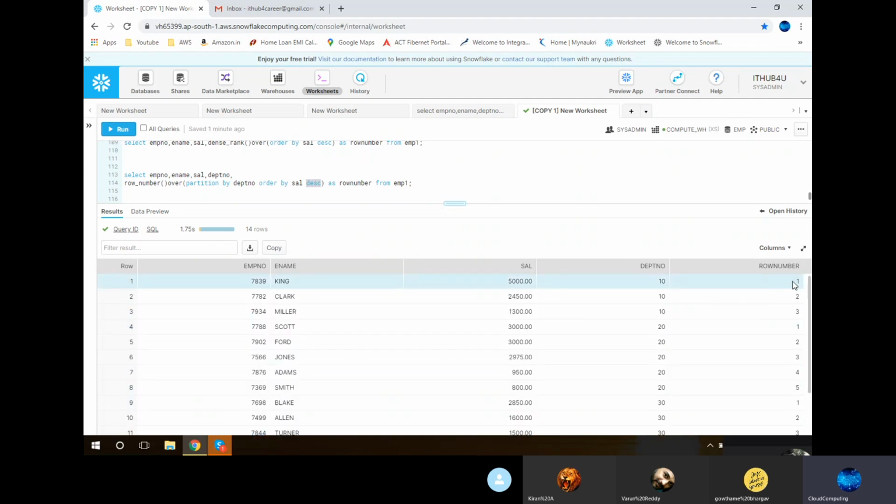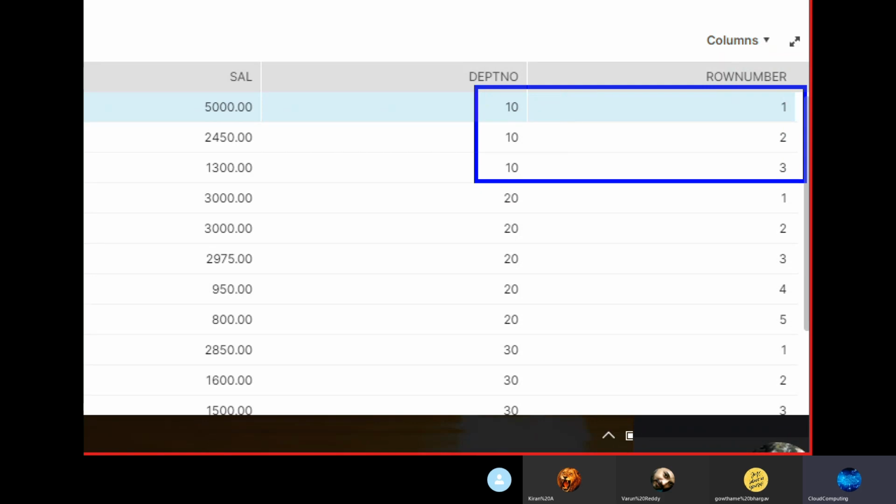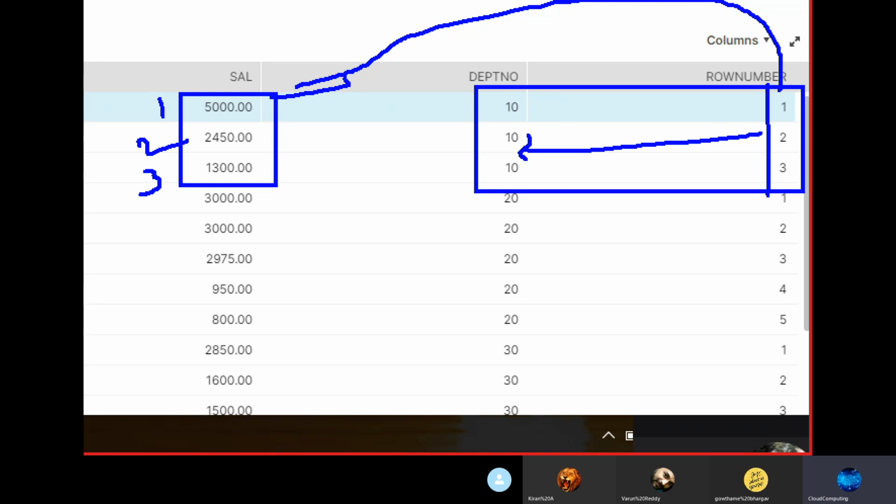So this is the row number, and the concept remains the same as whatever we discussed yesterday, because the row number is a sequence number and it will give 1, 2, 3 like this. How this row number is given depends upon the values, the salary values. You can see all three are department number 10 salaries. Based on these salaries we have given the descending order. Based on the descending order, this is the first one, this is the second one, and this is the third one. Again, don't club this row number with the department number.